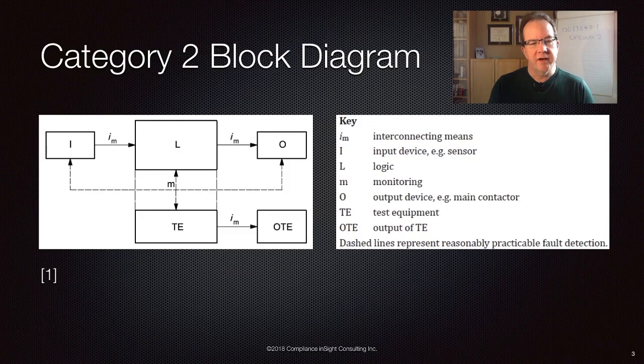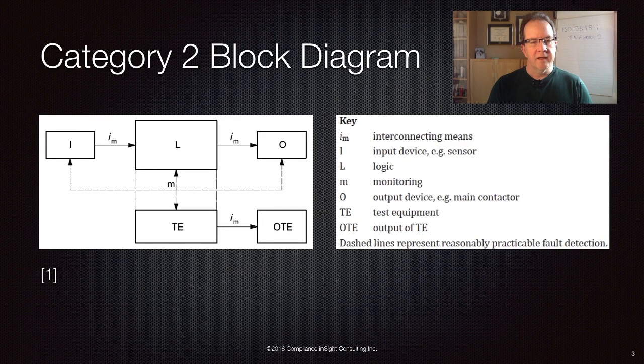And then we have the TE and OTE blocks. So TE is test equipment. That's basically the thing that is monitoring the function of the main channel and is diagnosing any faults. And the dotted lines that you see, the M dotted lines, show you that there is some diagnostics there, but not necessarily a very high percentage. Category 2 starts out with a minimum requirement of 60% diagnostic coverage,